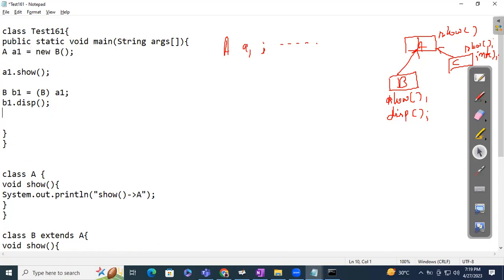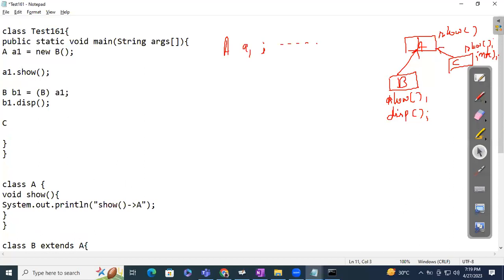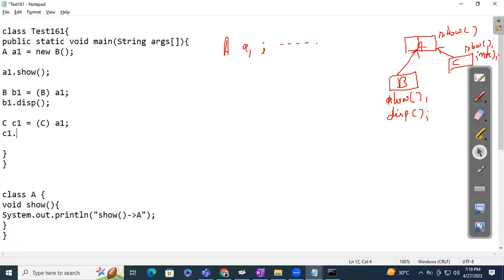So what do we have to do? We have to convert to C type. C1 is equal to C type, we need to convert A1, then C1 dot disp. Sorry, info. C1 dot info, right? Then info should be called from C. But it has a problem. What is the problem? The problem is